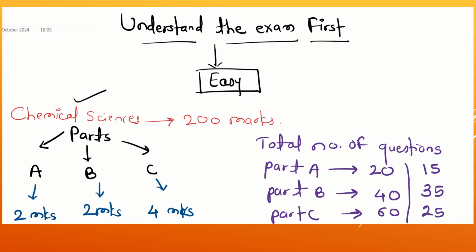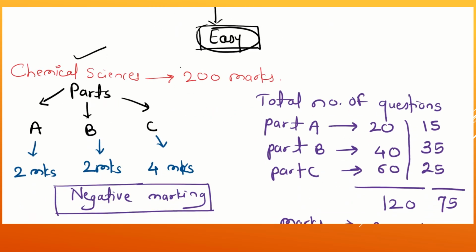We have to understand the exam first, then only it will be easy for us to crack it, right? So the chemical science subject has 200 marks and it has three parts, that is Part A, Part B and Part C. Here we are talking about the marking system, not about the categories or how many marks you have to get. Today we are discussing the marks, negative markings, how many questions there are and how many you have to attempt, and the weightage